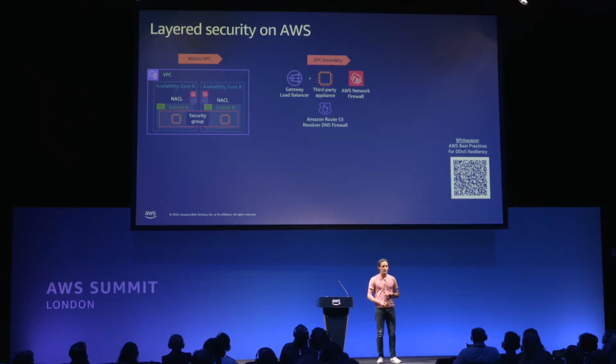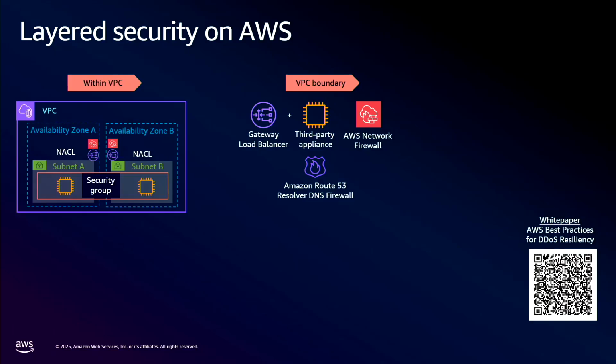At the VPC boundary, as Vincent was talking about, using things like Transit Gateway and Cloud WAN, you're going to be using that service as sort of the medium to connect all your VPCs, and it gives you a really good opportunity to put firewall services in between those flows. So you can definitely do that. You can use Network Firewall, you can use Gateway Load Balancer with a third-party vendor, and also at the VPC boundary, you've got Route 53 DNS Firewall for marshalling and giving you some control over those requests that are perhaps